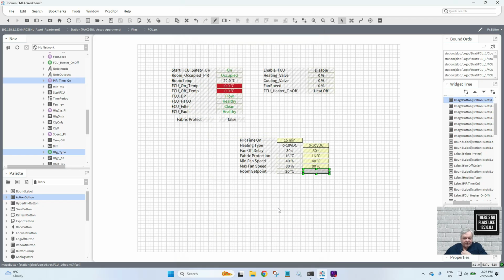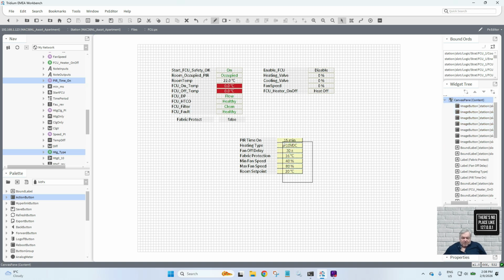We still haven't done the graphics yet, I know. We're just setting up all the points first. I find graphics sometimes take a lot longer than writing the software. Right,